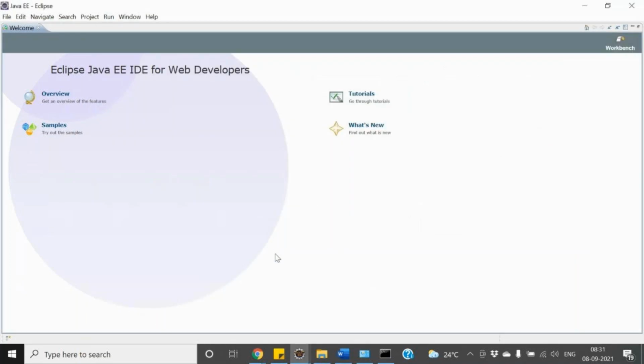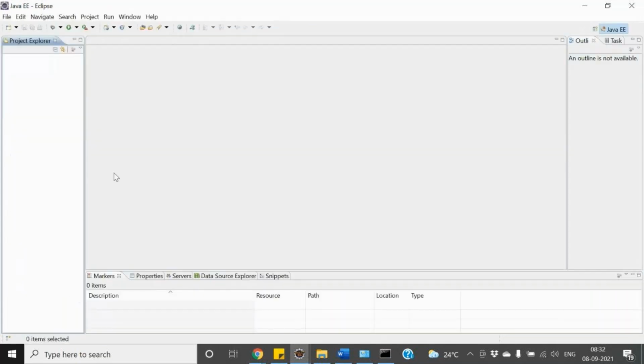All right, so we got Eclipse, and this is the very first look of Eclipse, the welcome window. I'll close this welcome window, and this is the area we get. As of now, Eclipse is divided into four parts.